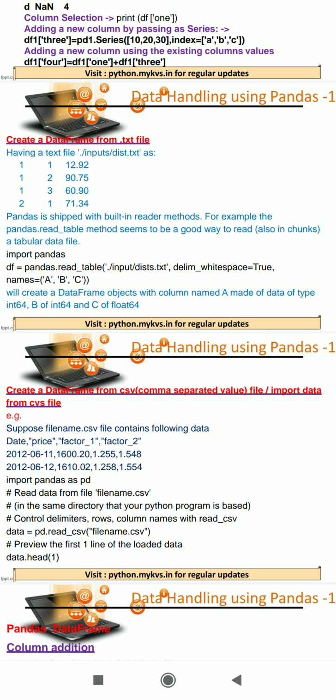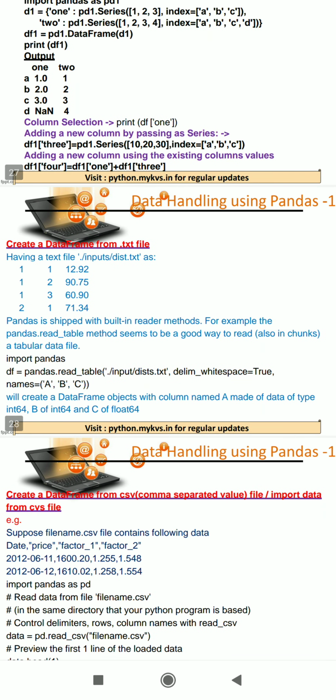So student, how can we create a text file? That is very easy. Open Notepad, type there and save with the extension .txt. Now how can we read a txt file? That is also easy.